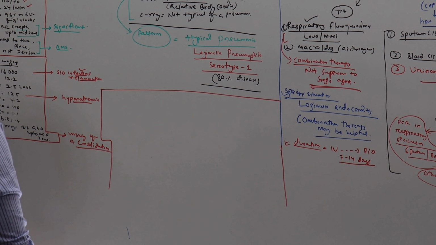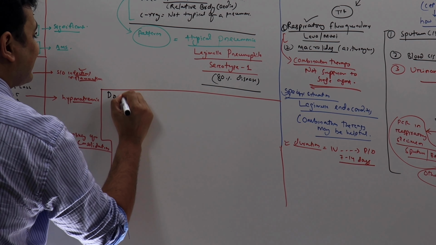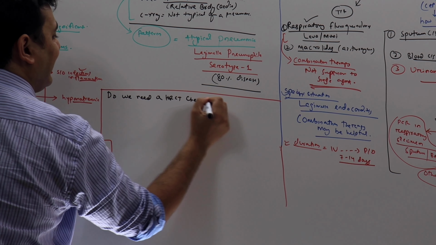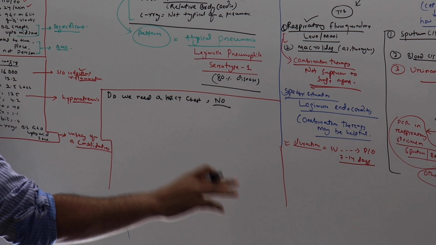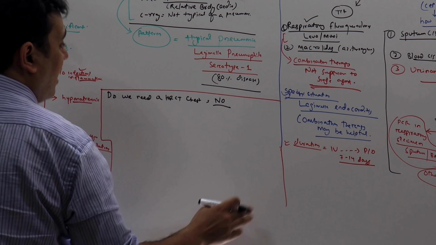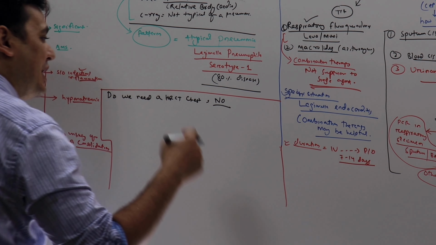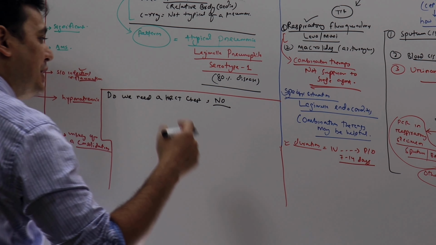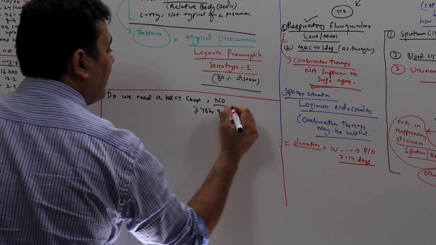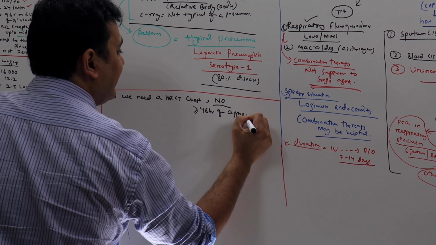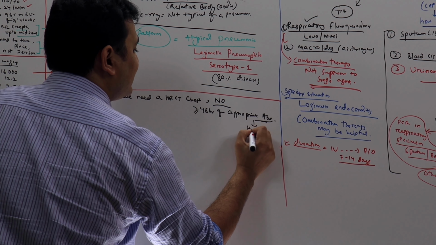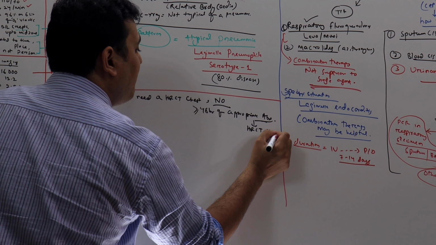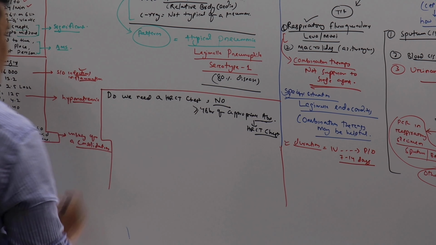So there are a few questions that need to be answered. Do we need a CT scan, HRCT chest? The answer is no. Usually HRCT chest is not required in community-acquired pneumonia because chest X-ray and antibiotics are enough to treat the patient. Only if after giving more than 48 hours of appropriate antibiotics the patient still remains symptomatic, then you do an HRCT chest to rule out other mimics or other diseases, right?